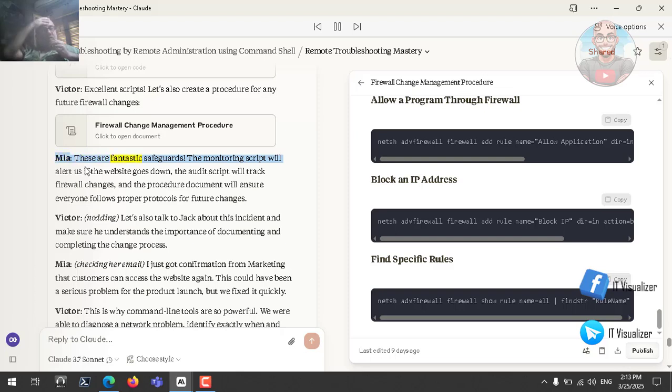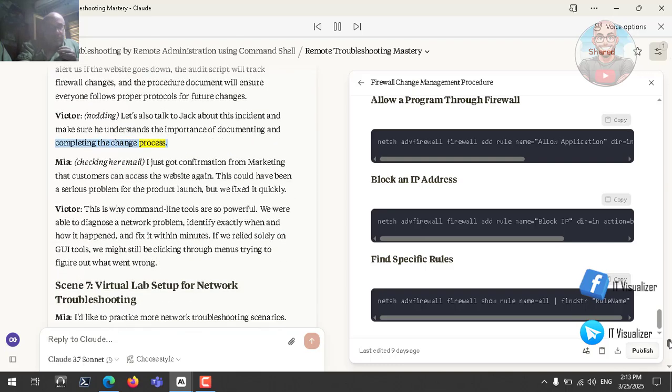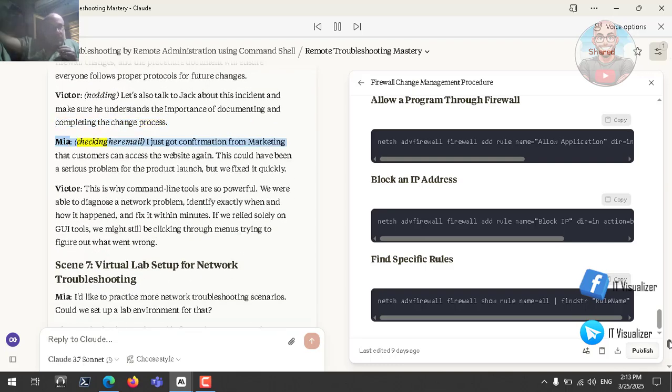Mia, these are fantastic safeguards. The monitoring script will alert us if the website goes down. The audit script will track firewall changes, and the procedure document will ensure everyone follows proper protocols for future changes. Victor, nodding: Let's also talk to Jack about this incident and make sure he understands the importance of documenting and completing the change process. Mia, checking her email: